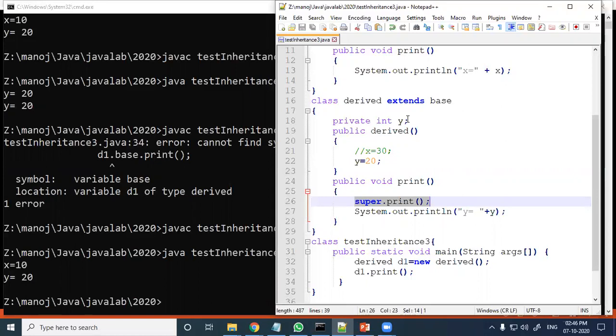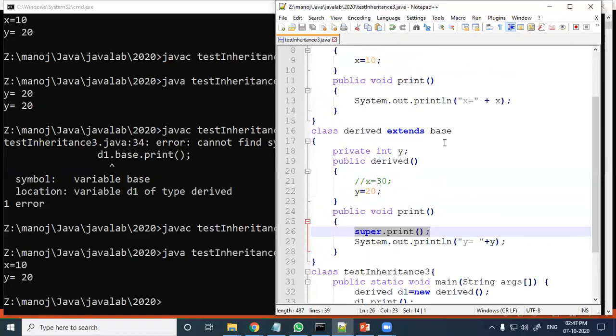Another concept: when the same function with the same signature is available inside the parent class and inside the child class, that concept is called function overriding. Overloading we have already discussed. Function overriding means the same function with the same signature in parent as well as in child. You will note it down later.